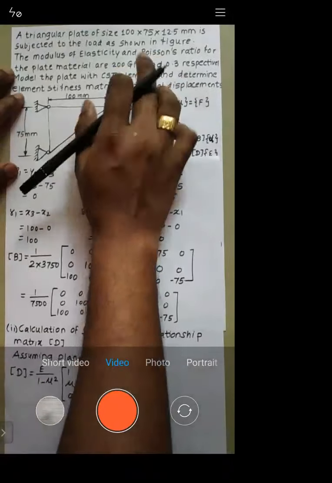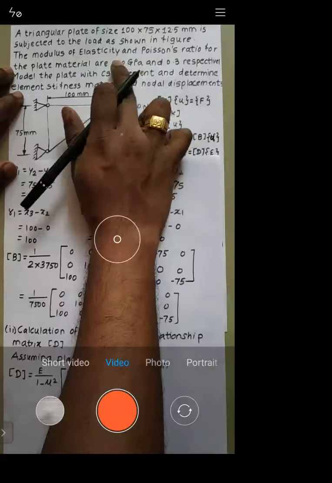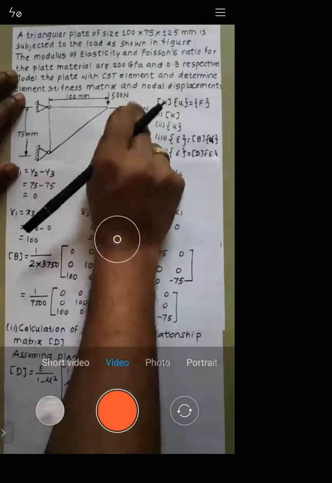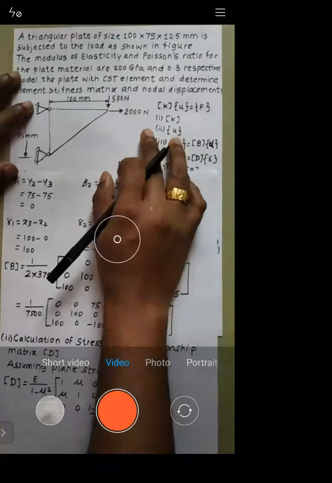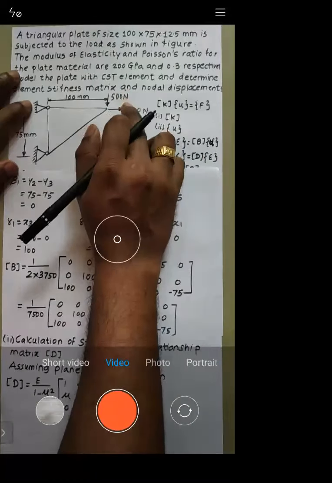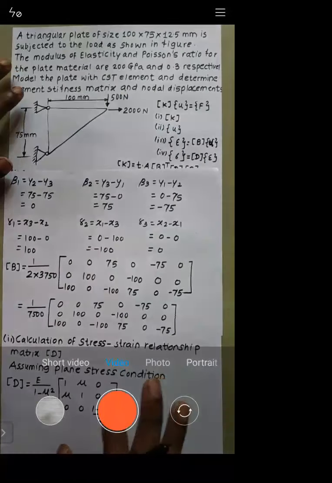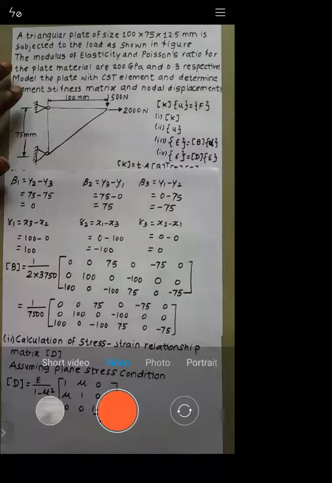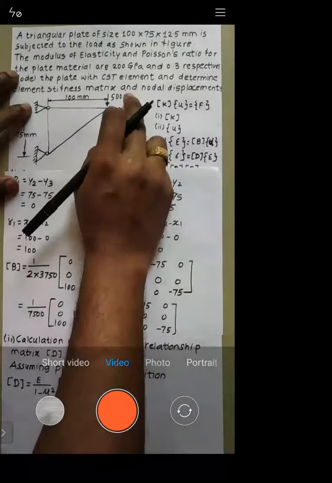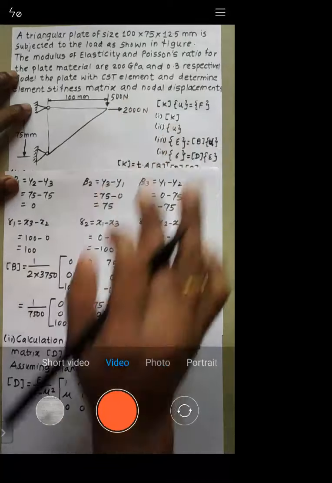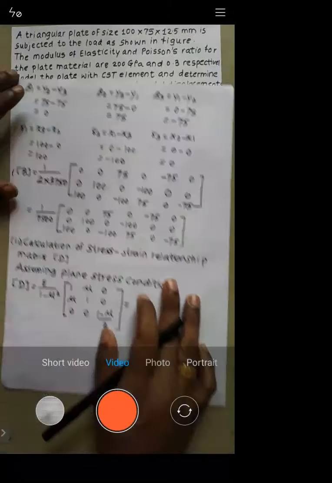See what I will do. I will take this value of E in gigapascal only. Only the forces which are there, I will put into kilonewton. There is no unit conversion required, because if you have length in mm and area in mm square, E in gigapascal, the forces have to be in kilonewton. So these forces are only required to be converted into kilonewton, so that I will do.